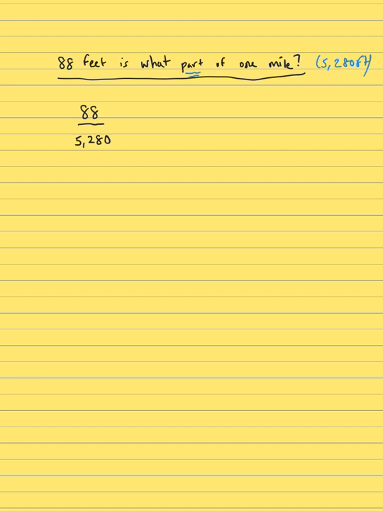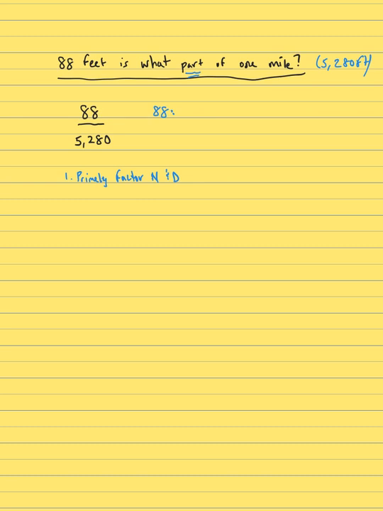Okay, so at the very least, we know we could divide top and bottom by 2. But let's follow our steps, right? Step 1, I'll remind you, is to do the prime factorization. So we prime factor the numerator and the denominator. So let's do that. It'd be a little bit of a pain, okay, but 88